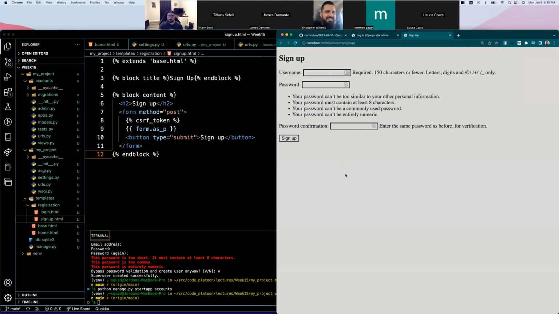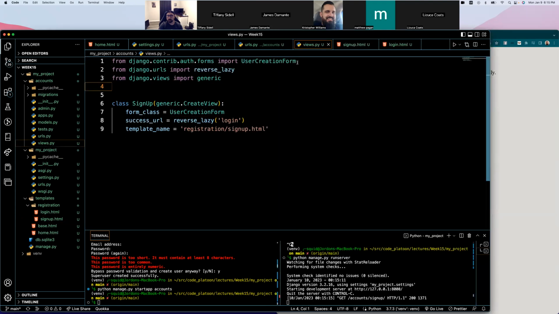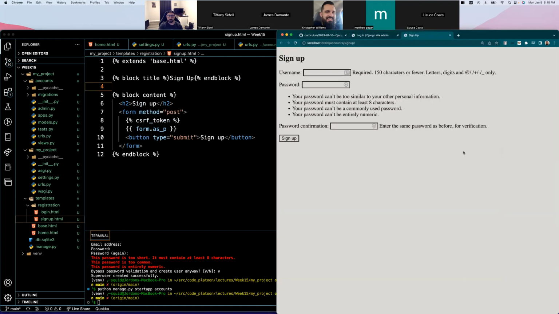Move this on for now. All of this extra stuff, all this stuff baked in that helps the user create a proper user account as Django expects it. This is what we bought ourselves by using this UserCreationForm from django.contrib.auth.forms. We get this. This is what your Django sign-in will look like. You could pretty this up with some CSS and whatnot. But with just following some basic steps for creating this, and I know it seems like a lot of new things, but I'm telling you, you can